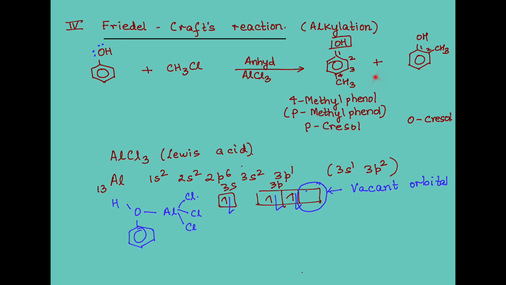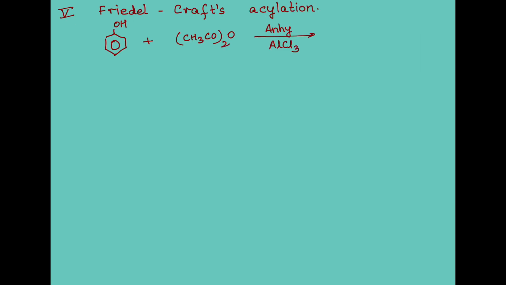Well done, para. The distance, you see, they have their own space. There is less steric hindrance. There is less repulsion in this case as compared to the second one, the 2-methyl phenol or the ortho-methyl phenol. For this very reason, you will see that in the flow chart, I have not mentioned Friedel-Crafts acylation because this reaction does not give us any product, or what you can say is practically zero, very poor yield.